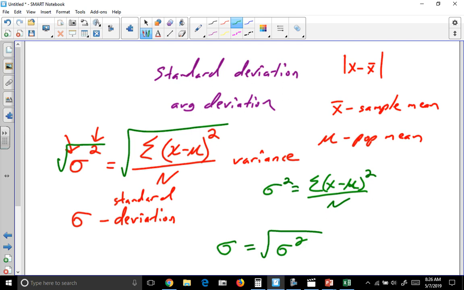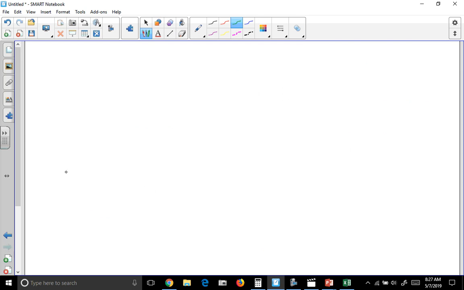Now that's when we're dealing with the population. If we have every single piece of data, and we can take every single piece of data in the entire population, subtract the mean, and get the deviation. But sometimes we're only dealing with a sample. So if we're talking about a sample standard deviation,